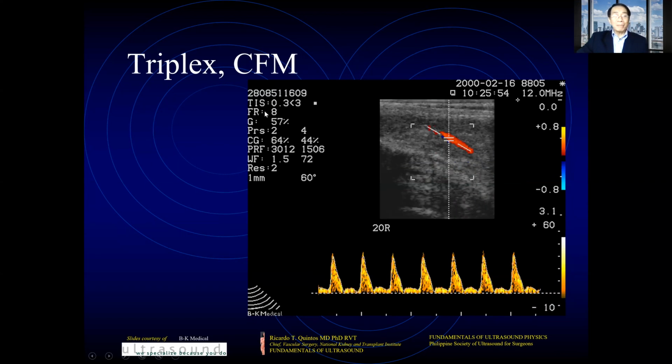If you have a triplex with a color flow mode, then you will have a machine that will give you the bidirectional indicator of a red and a blue. And you will still also have the grayscale, and you will also still have the frequency spectrum, all moving in real time at the same time in your triplex machine. And finally,